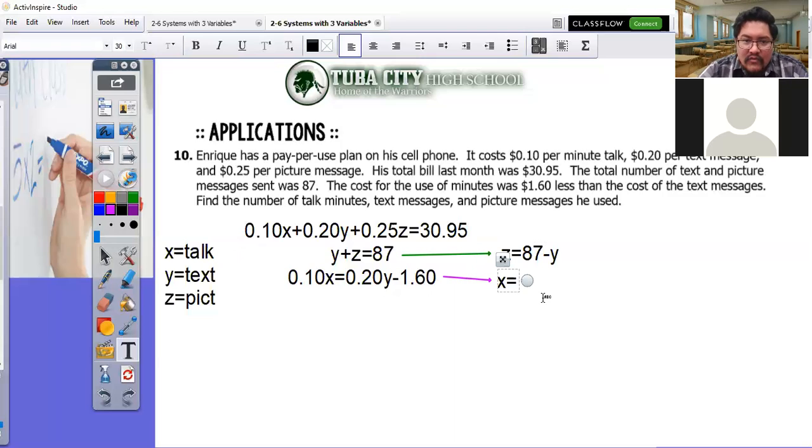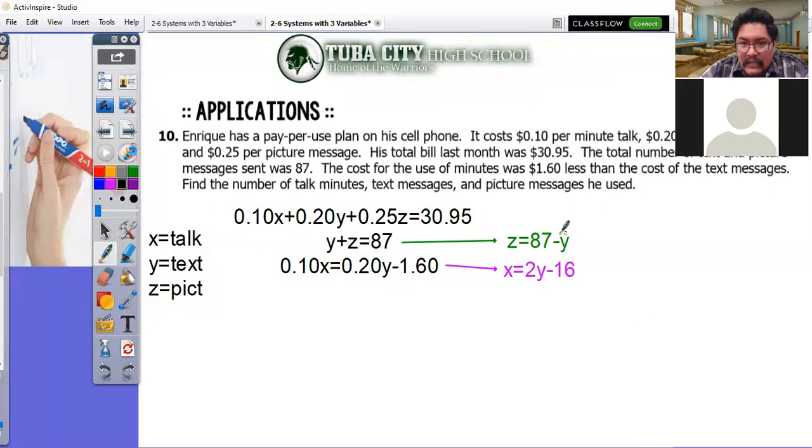And divide, okay, so 20 cents divided by 10 cents, that would be 2Y, which again gets rid of the fraction, minus, and then $1.60, 1.6 divided by 0.1, and that would be 16. 2Y minus 16. Okay, and that's not too bad. I am able to plug this and this into the top. And again, it's a little bit different because, again, Y,